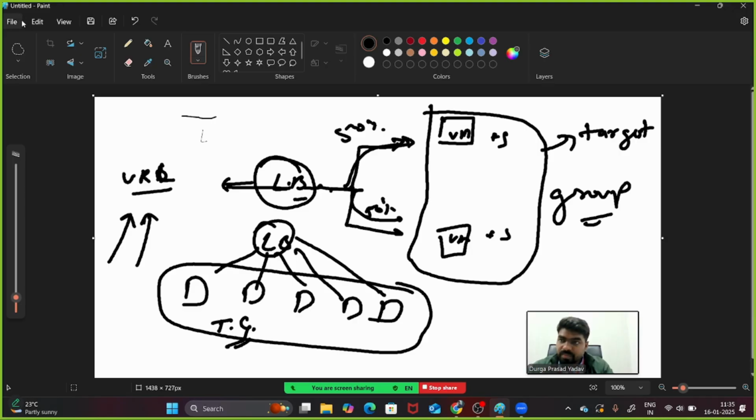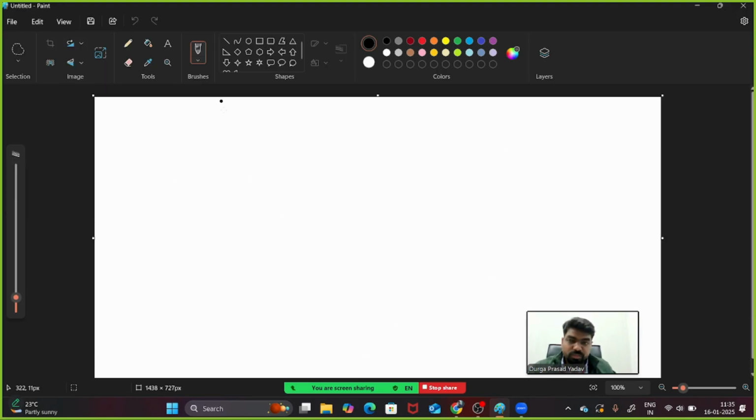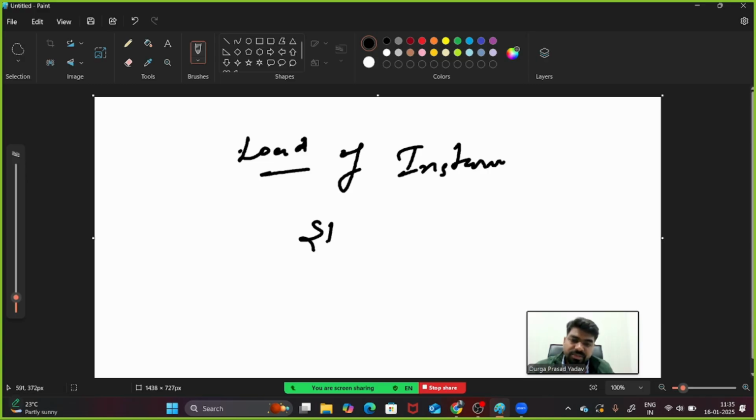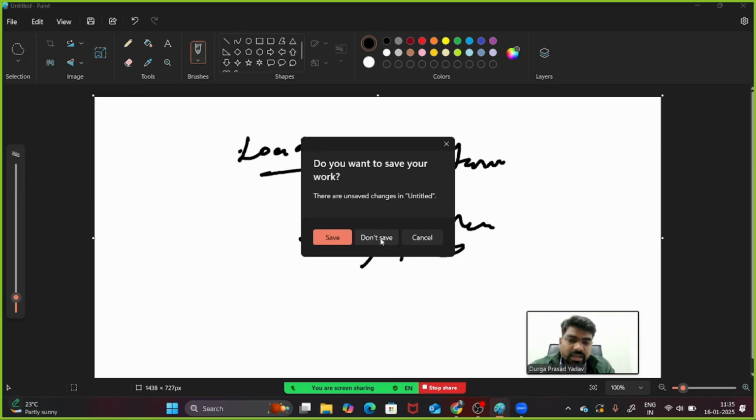Now do not think we are only able to balance the load of instances. It is not only instances. If you have storage, if you have network, you can balance multiple types of load by using the load balancer. So what exactly is the load balancer?